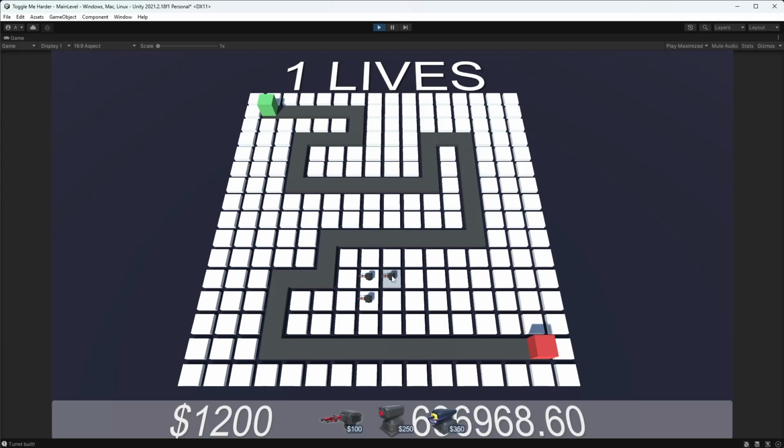Wonderful stuff, but in a game like this, I'd like some visual feedback on which turret I've actually got selected right now, as well as the ability to deselect the turret by clicking on the icon again. Right now, if I click on the icon, it doesn't deselect the turret. The only way to do that is by clicking on a turret that is already placed. So let's convert these bad boys to toggles and spice things up a bit.